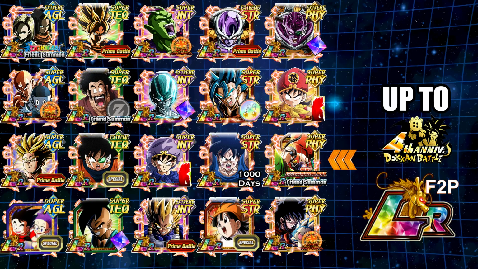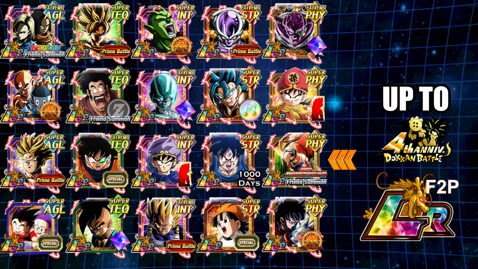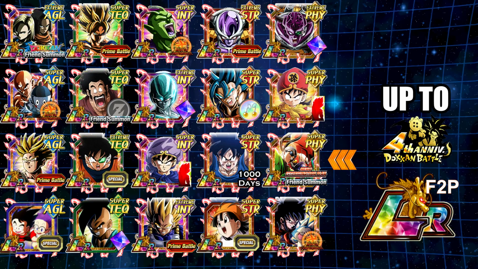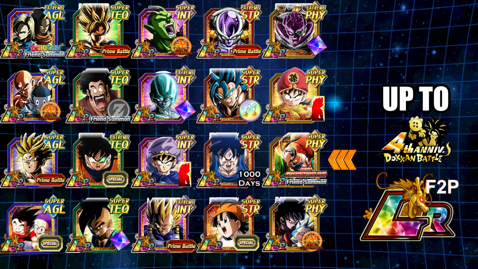1000 Day Goku, you don't see it too much being used, but that is a great trophy to have. Those are for your OG players that have been involved in the game for 1,000 days. And then you have the Friend Summon, the Great Saiyaman 1 and 2. So those actually work out pretty well. And then finally it ended with